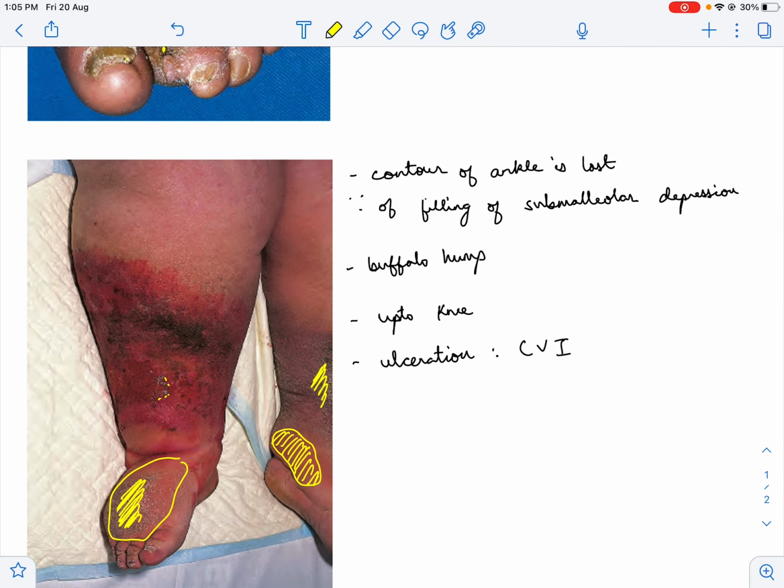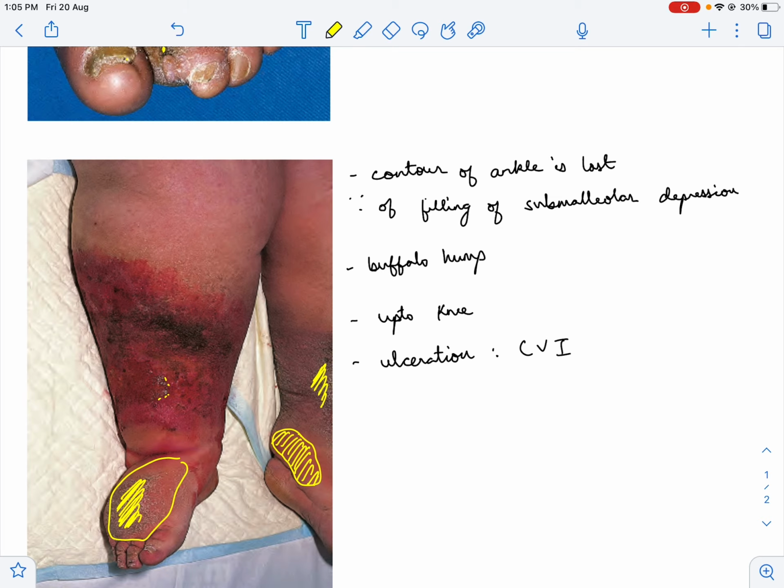Now, because the patient has swelling, he or she will complain of the clothing or the jewelry becoming tighter. Supposing the patient is wearing a toe ring or an anklet, the patient notices that the toe ring or the anklet is becoming tight, or the clothes become tight. Because the limb is heavier now, the patient complains of fatigue. He says that he walks only a smaller distance now, but he feels tired. That is because the patient has to carry a heavy weight around. Along with the pain during walking and the easy fatigability, there is also a constant dull ache.